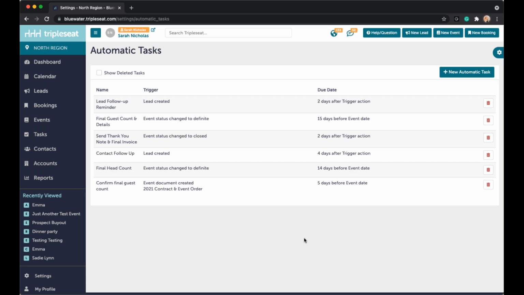These are really helpful instead of having to create a new task for each event, that you can set up a task or notification to be sent to the user based on a trigger action. And I'll show you how we would set that up. We'd click on New Automatic Task,